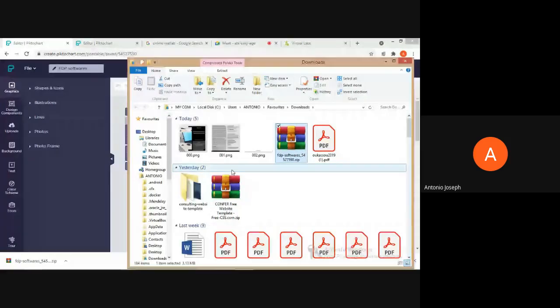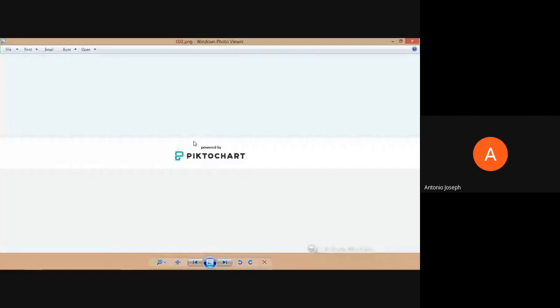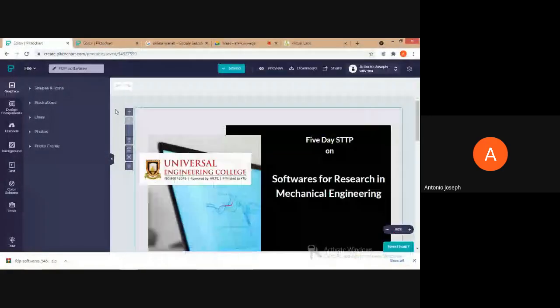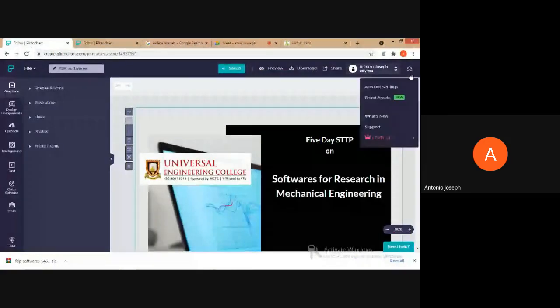See, there are 3 images now. This is the first block, then the second block, and finally the logo that they are creating. So that's the only thing about the free version of PictoChart. If you are using the pro version, I think it's around $20 or something like that.